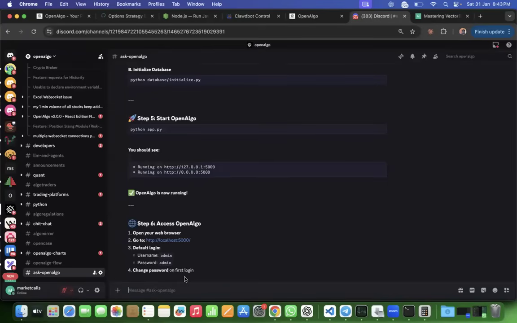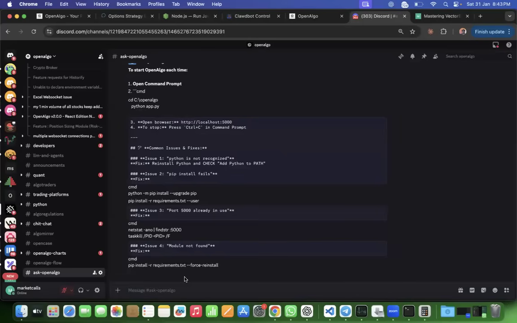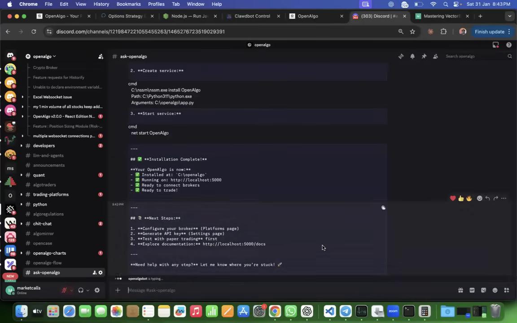So how to create the bot like this? It's very simple. You have to go and feed the Discord bot. But this Discord token is what you have to provide. So let's say, for example,